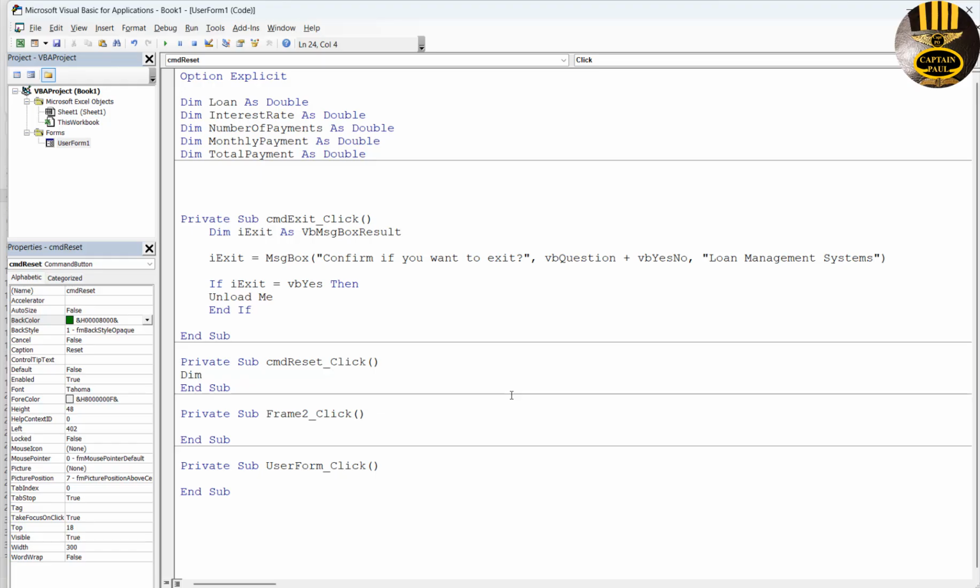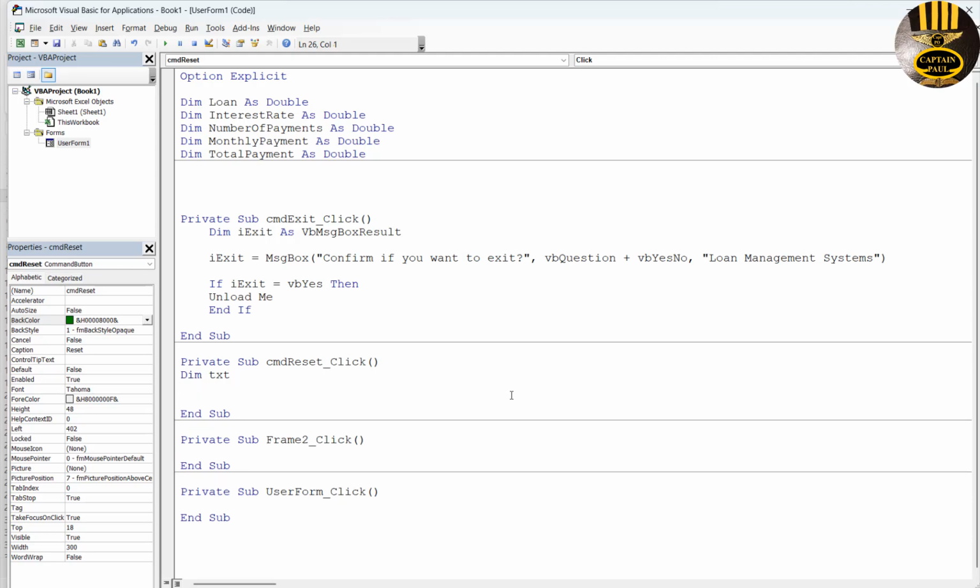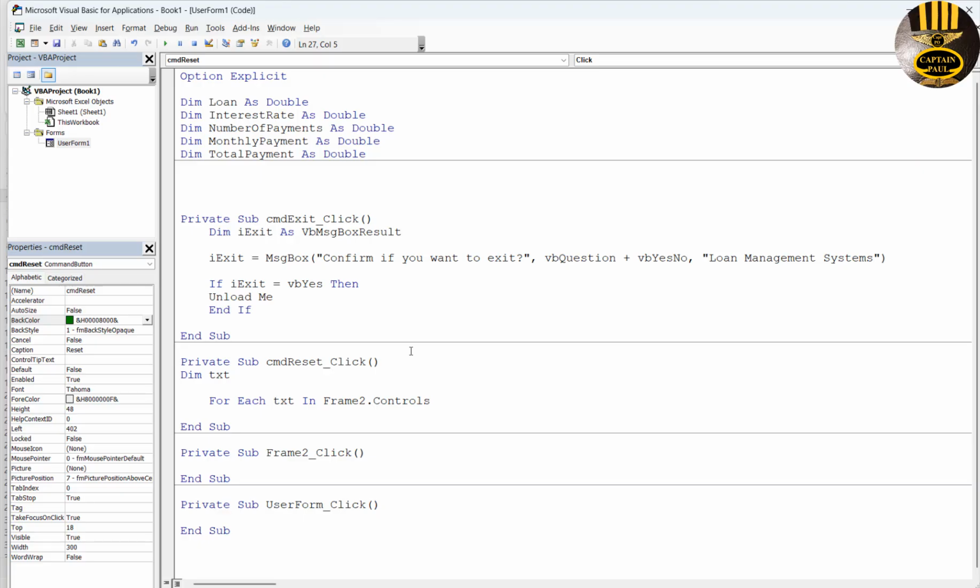But first of all, let's declare a variable. The variable is going to be known as txt. Now, using a for loop statement, For Each txt in, now I need to know the name of that frame. Might be Frame2. I'll change that. It's wrong. Frame2.Controls. Now, using an if statement, then I'll say if